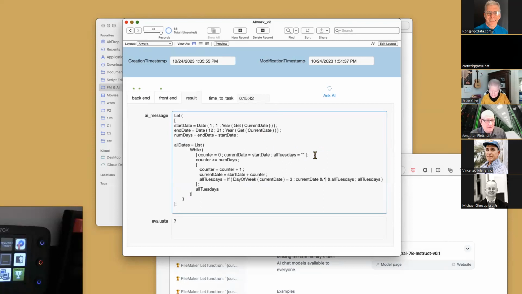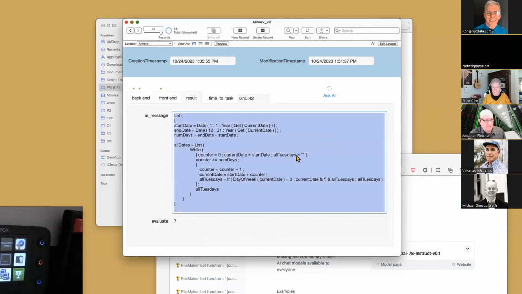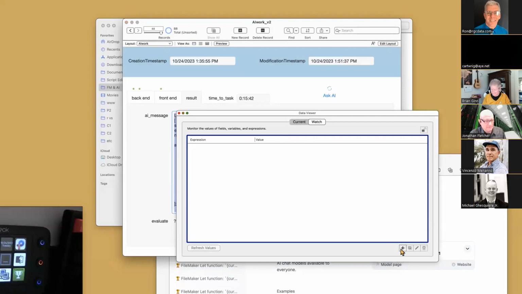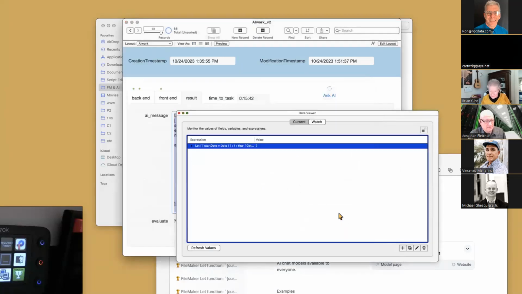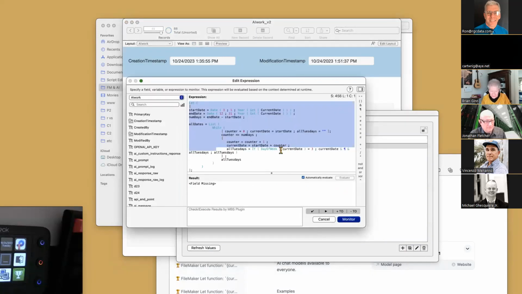Kirk has put some interesting stuff in the chat as well, so I just thought I'd let everybody know, don't forget to glance over at the chat. Let's see what the data viewer says about it. If anything, it probably says field missing. I thought it was supposed to tell us which field. Why isn't it popping up a dialogue and telling you? I don't know.